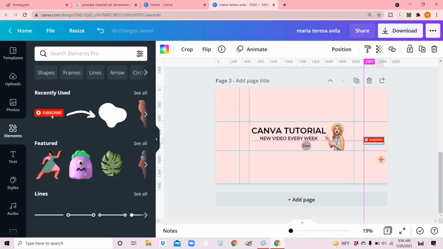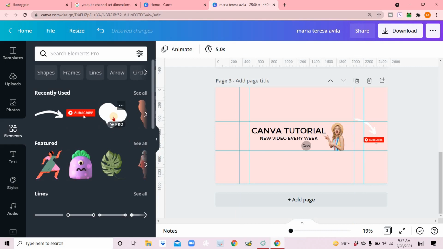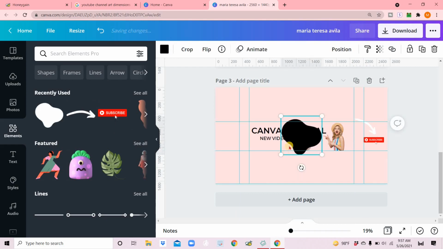And then you can add arrow. Ayan. So, kung gusto nyo pang lagyan ng mga ganito,